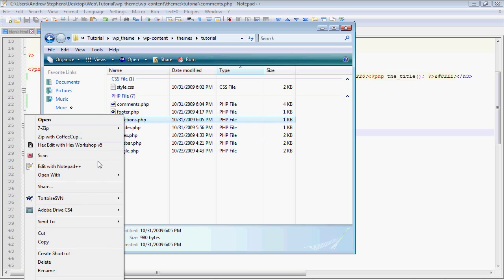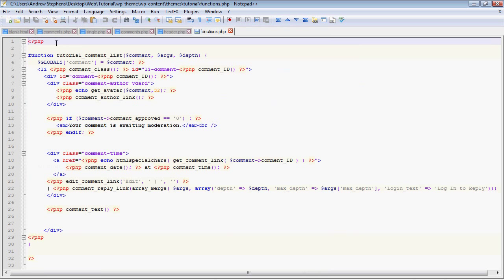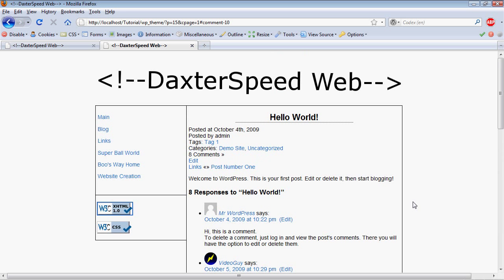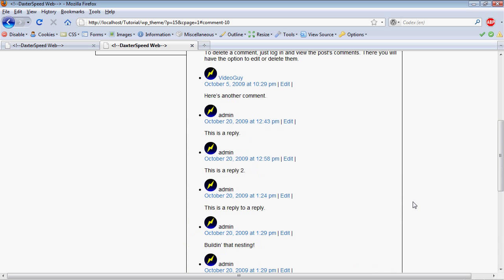And really there's no special notation to it. It is just a regular PHP file with a function in it. We're actually going to be adding more to this when we do our sidebar, but for now we're just going to leave it with this one function for comments. Now I've fixed the styling in between videos. I've copied the CSS over from my testing area,